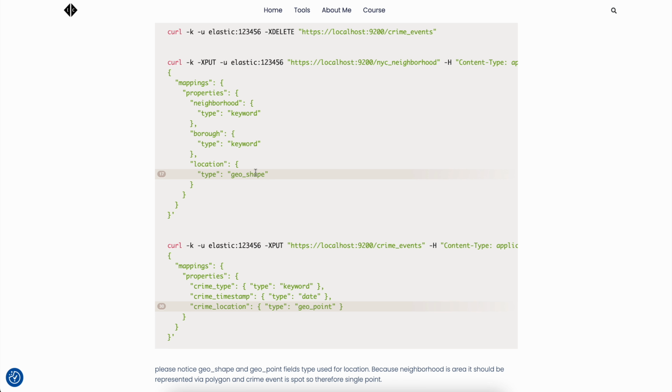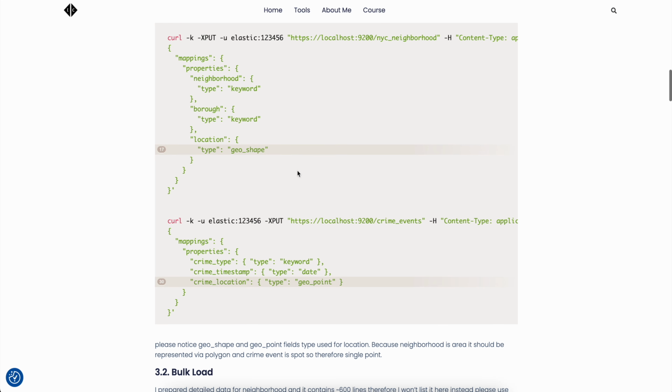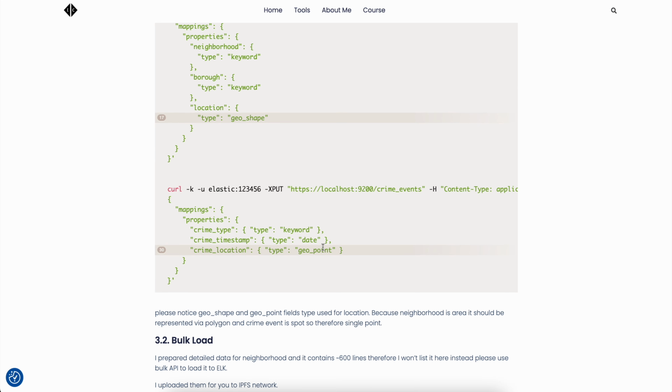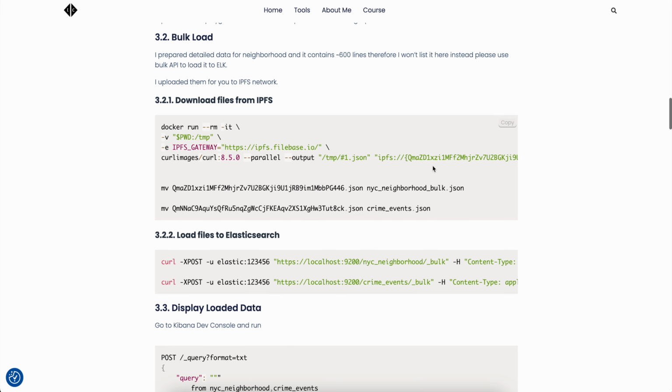As you can see, it contains special fields here. Location is a geoshape for the NYC neighborhood. And for crime location, there is a geopoint, because a neighborhood, of course, is a polygon. It is an area that has some shape. You can visualize it on the map. Whereas the crime event is one GPS location. There is data for that